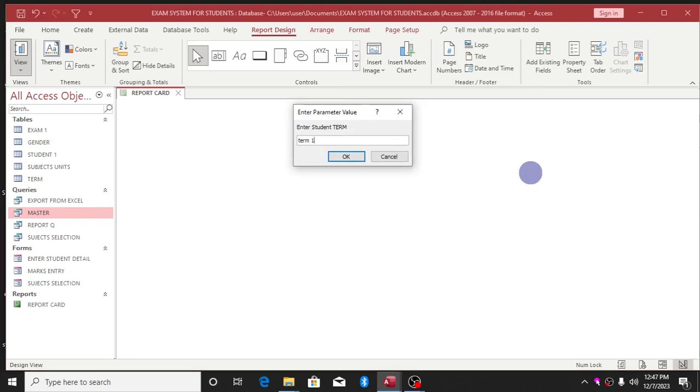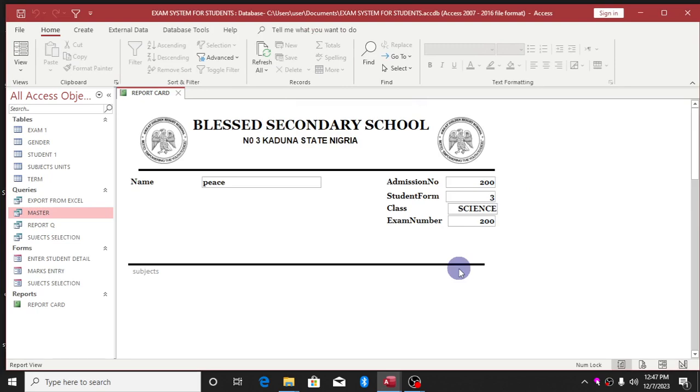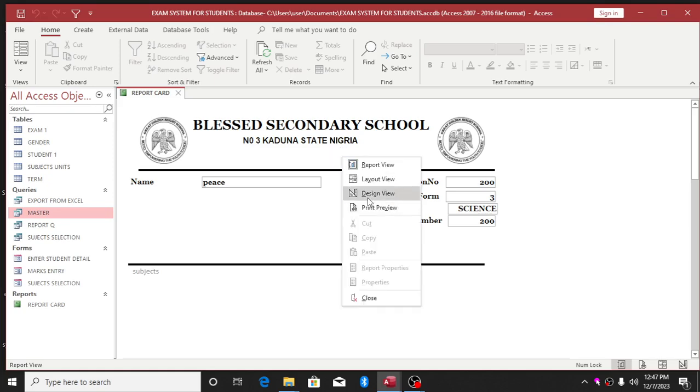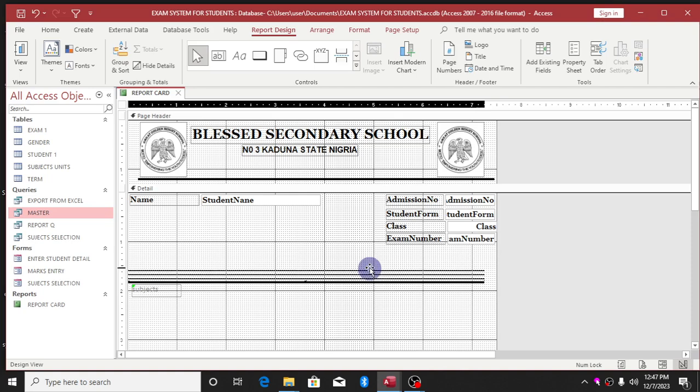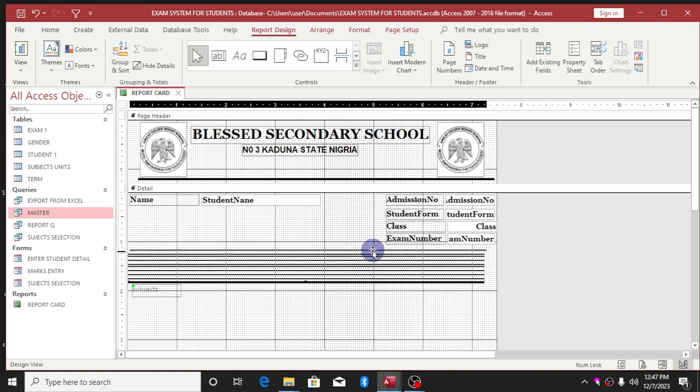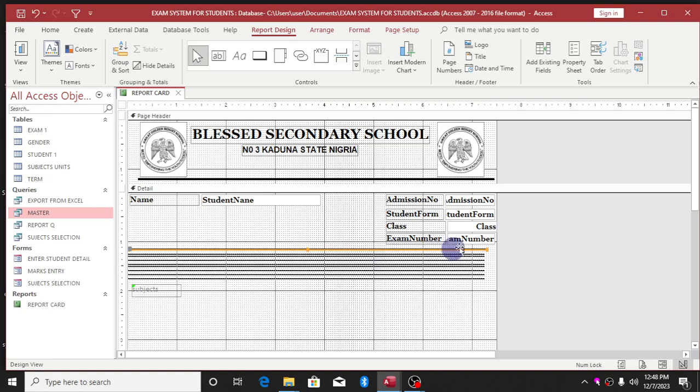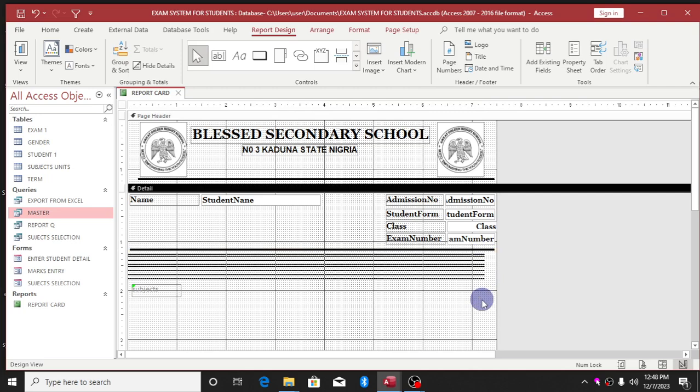So I'll bring them here. And now go back to design view. So if you want to increase the length, you just click on this one. When this arrow comes, you hold your left click and then you drag a little bit. Make sure you are careful to drag it. So when you finish dragging it, then you can